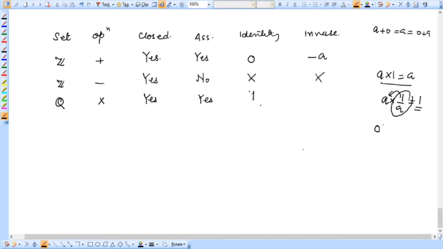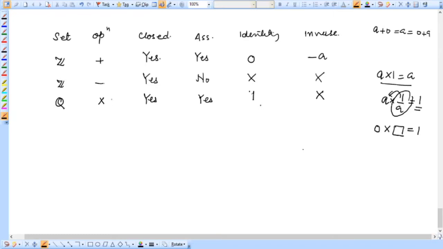We should be able to find the inverse for each and every number, but there exists a number 0 for which there is no inverse. Like there is no number which when multiplied with 0 yields 1. There is no such number, right? So the inverse of 0 does not exist. Thus this is not a group, hence we can say inverses of all the elements are not possible for this set.